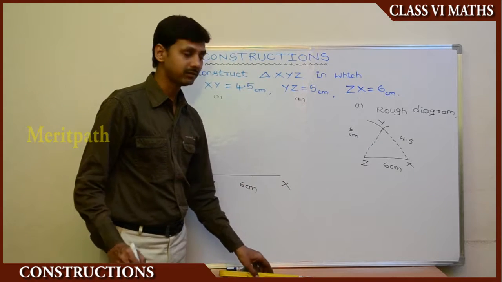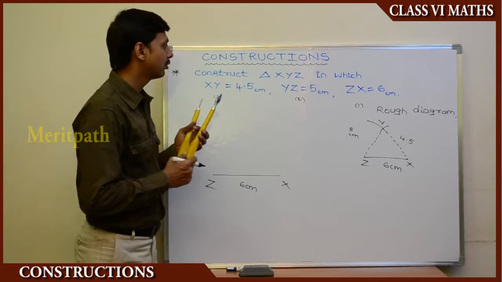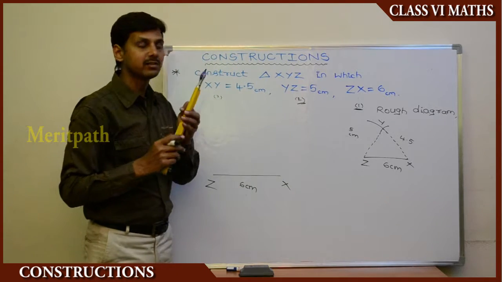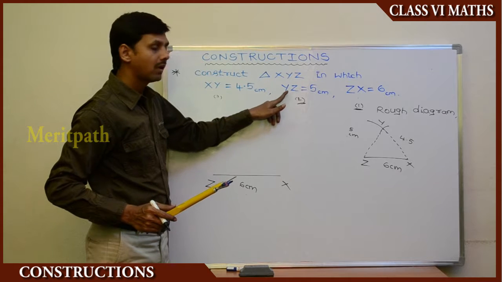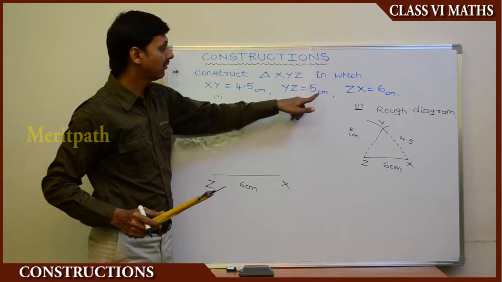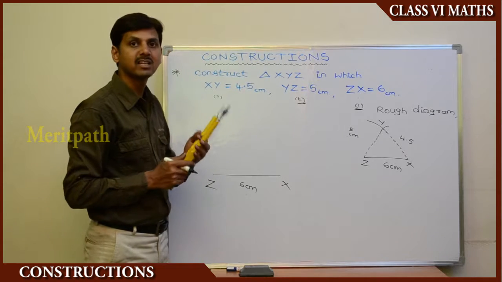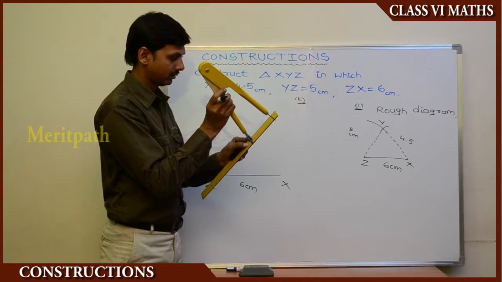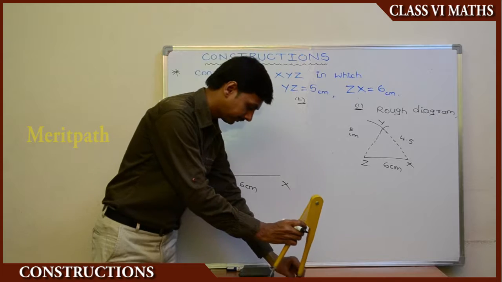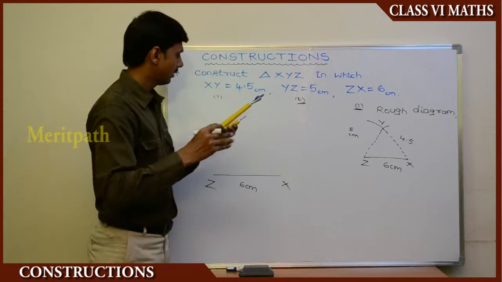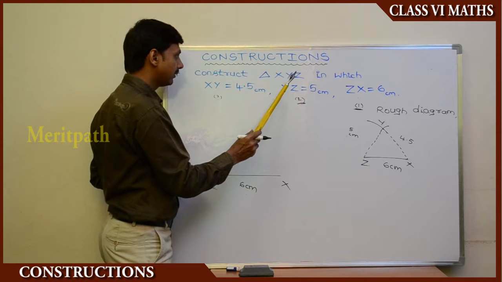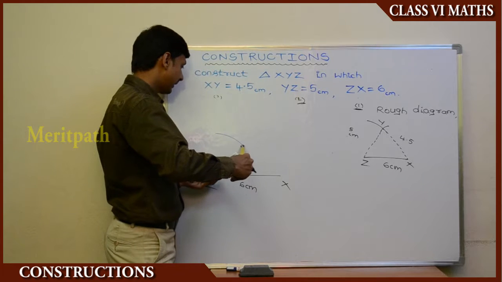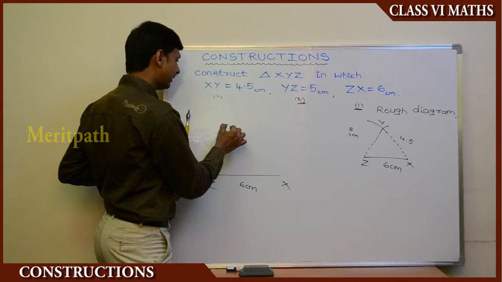So now let's take the compass with a 5 centimeters radius, because ZX we have completed, the first one. The second one is 5 centimeters radius. Using Z, we need to construct Y. To get Y, we need to take 5 centimeters. So let's take 5 centimeters radius on the compass. Using the ruler, let's measure. So this is the 5 centimeters radius. Using Z, we'll make Y. So using that Z, make an arc here. So it is Y here.